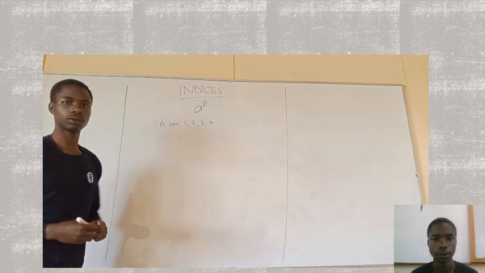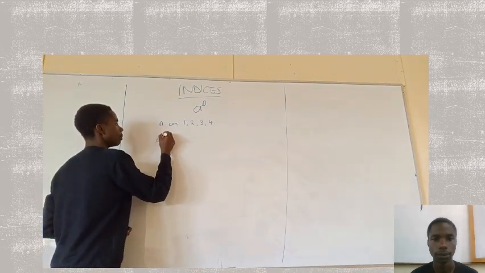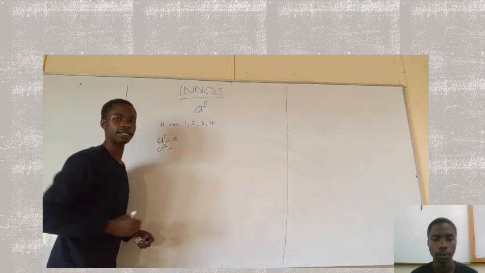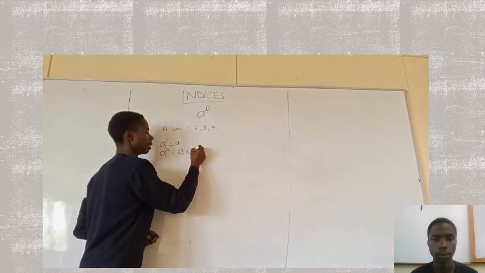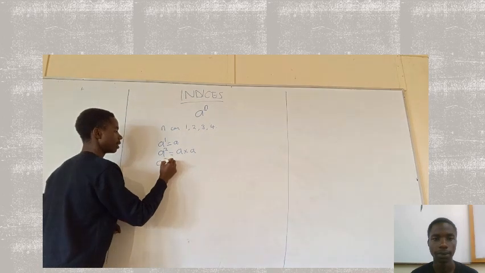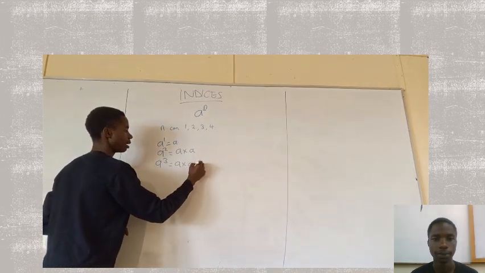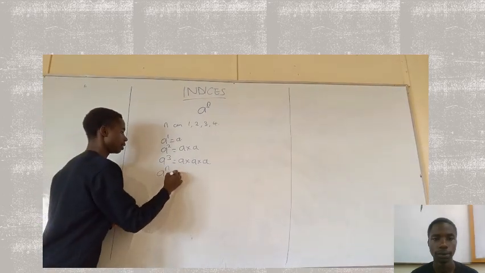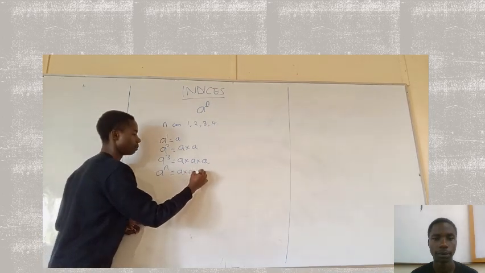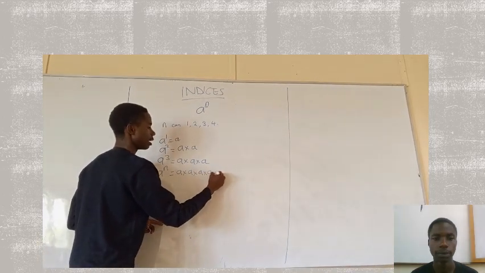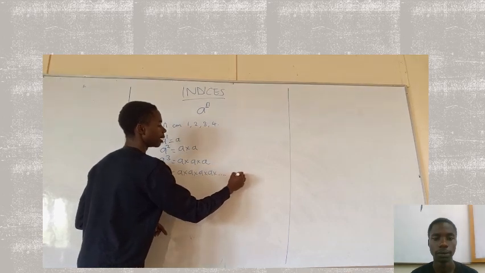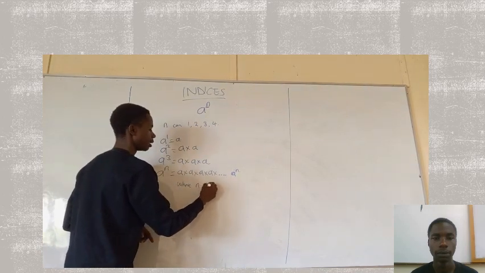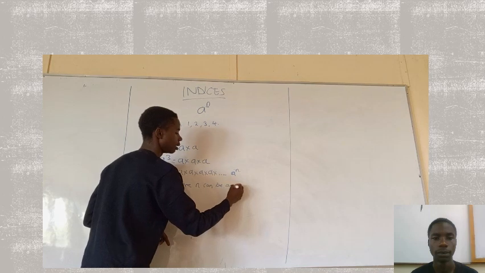In expressing this, we can say that a power 1 is equal to a, a power 2 is equal to a multiplied by a, and a power 3 is a multiplied by a multiplied by a. We can show that a power n is a multiplied by a multiplied by a, up to n times, where n can be any whole